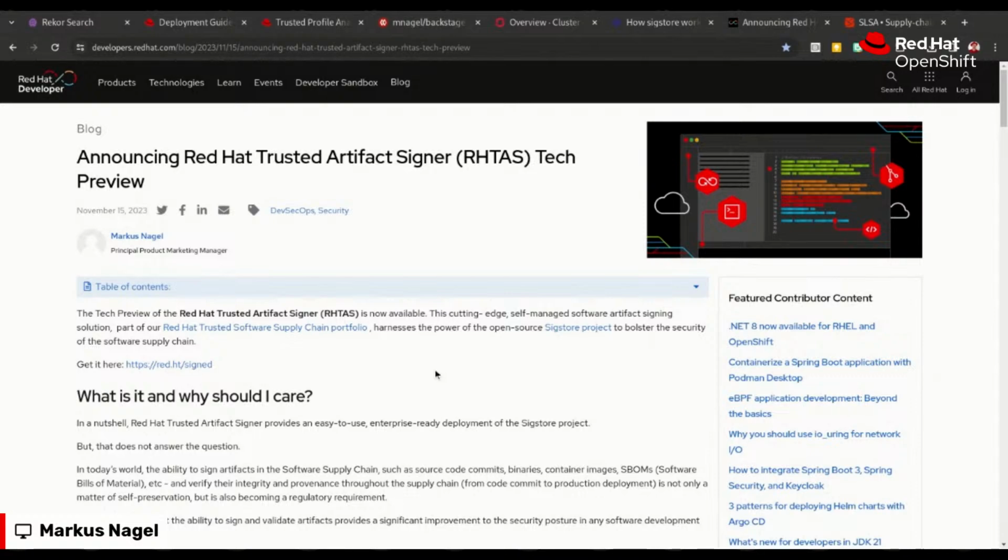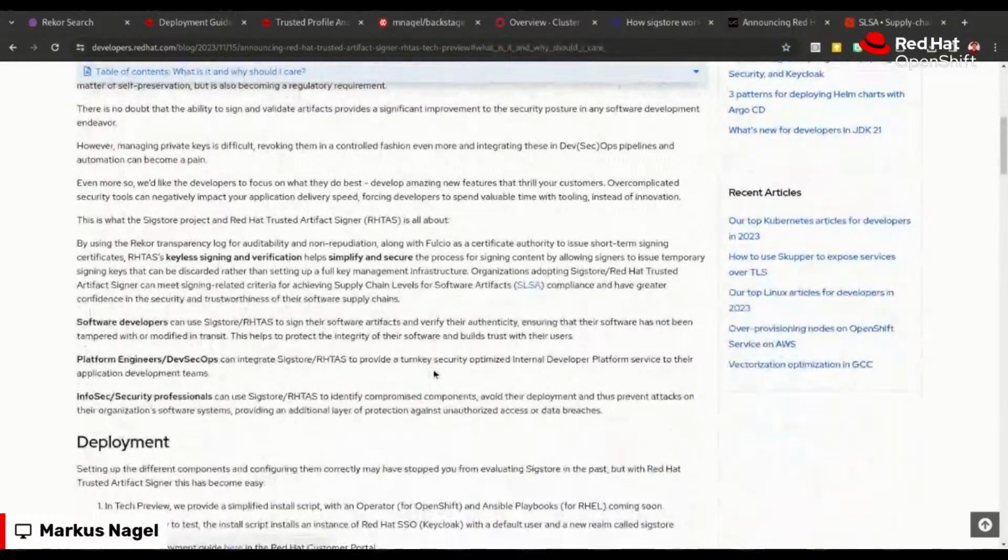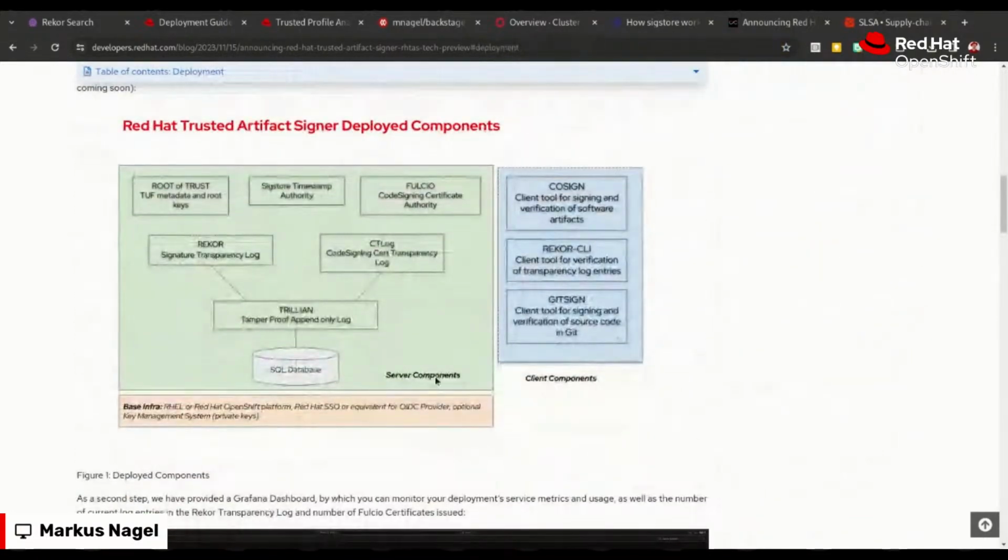And just before I go into the actual demo, just one highlight here. We're Red Hat, we're all about open source. So if you go to the upstream community Sigstore, you will see there's a lot of talk.